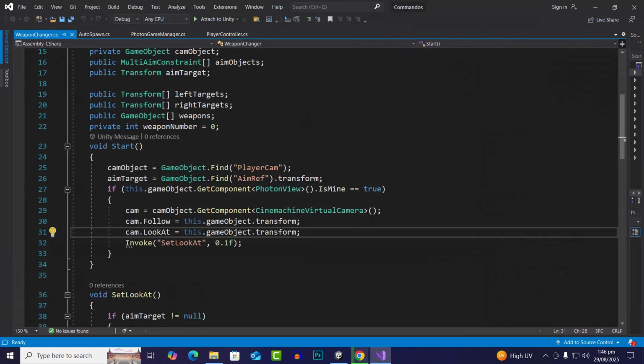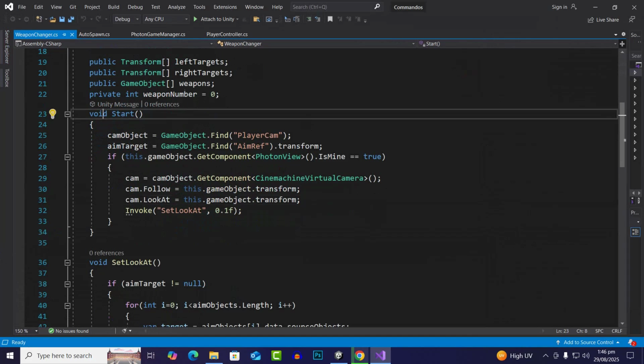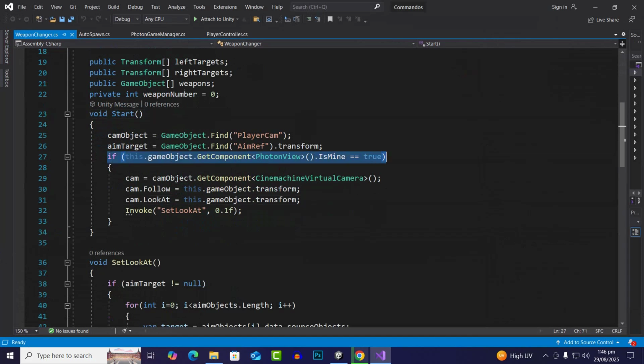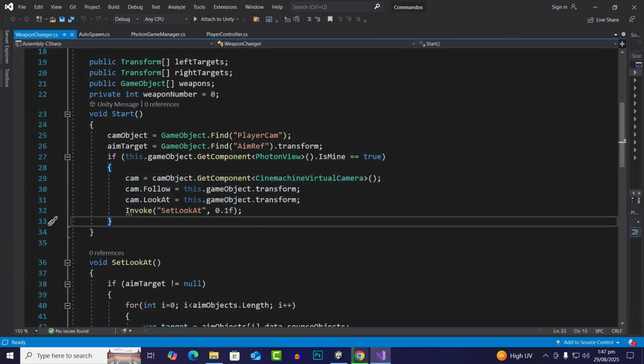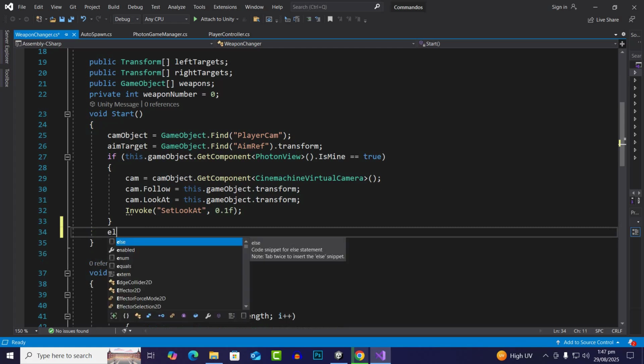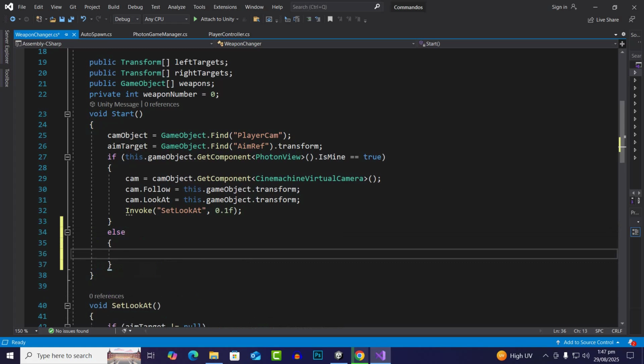So for that purpose we will go to weapon changer, and you can see that in the start function we have implemented this line of code, where we have said that if this character is mine, then we will run these lines of code. And in the other case we will say else, that if this character is not ours, then what will happen? Then we will say that this